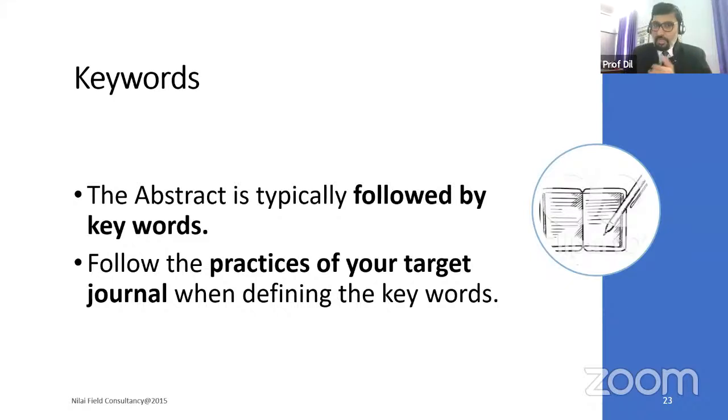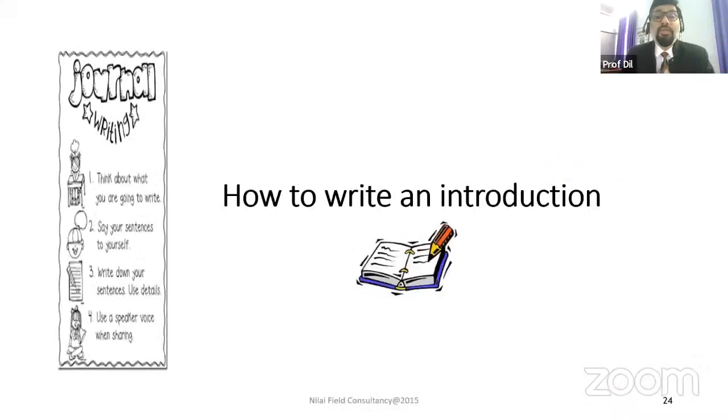Now, I have explained to you the title. I have explained to you the abstract. Now I'm going to make you understand how to write an introduction. When you write the introduction, use past tense. All right, organize all your ideas. It's not just one paragraph; you have to write 1, 2, 3, 4, maximum 4 paragraphs. The section of introduction is not just one paragraph. You need to write it properly.